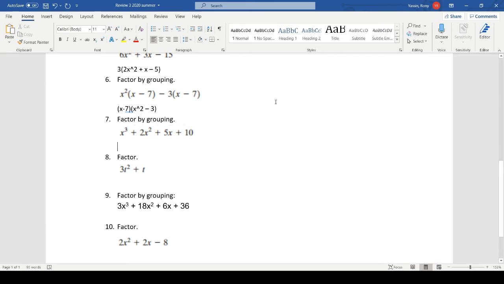So to get to that common factor, we need to organize the problem a little bit differently. What you should do with this factor by grouping problem is divide it into two different terms. The first term will be the first two terms together in one parentheses, and then the second term will be